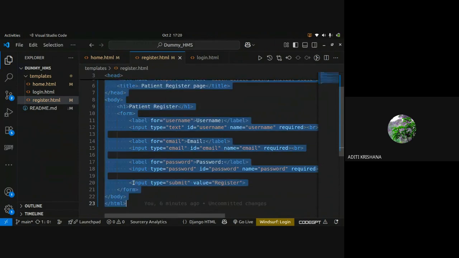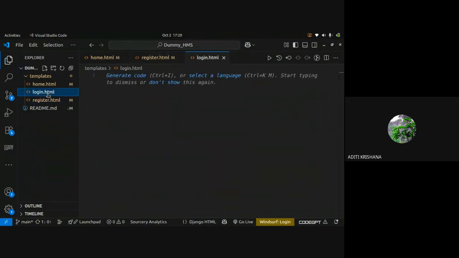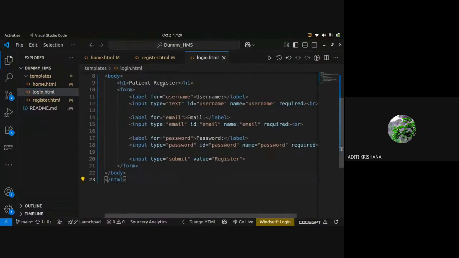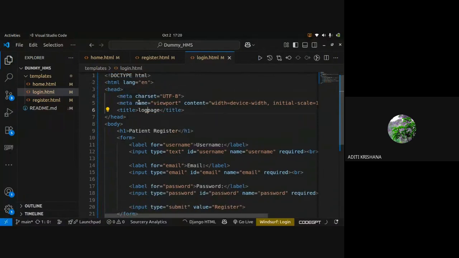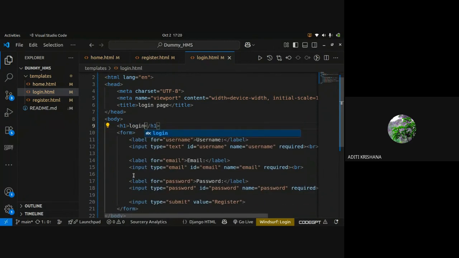I will just copy this, pasting this. This is a common login page, right? Because admin, doctor and patient, everyone will be logging in.